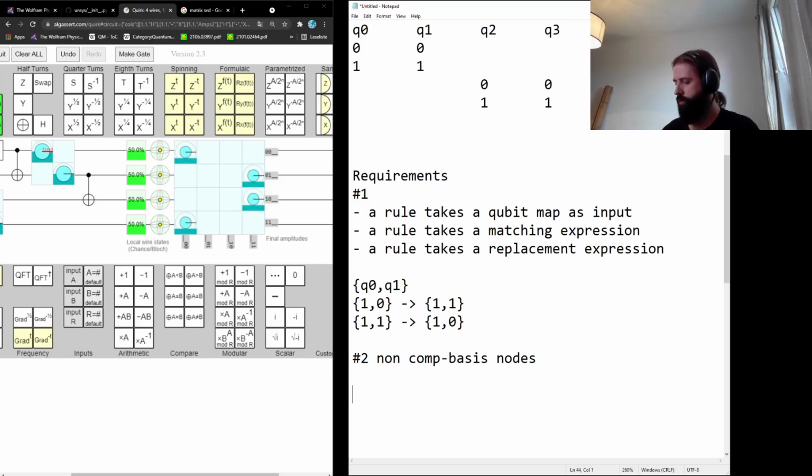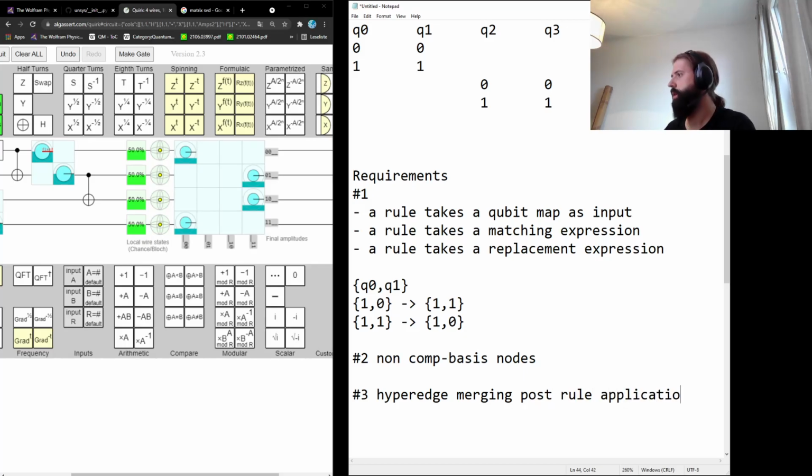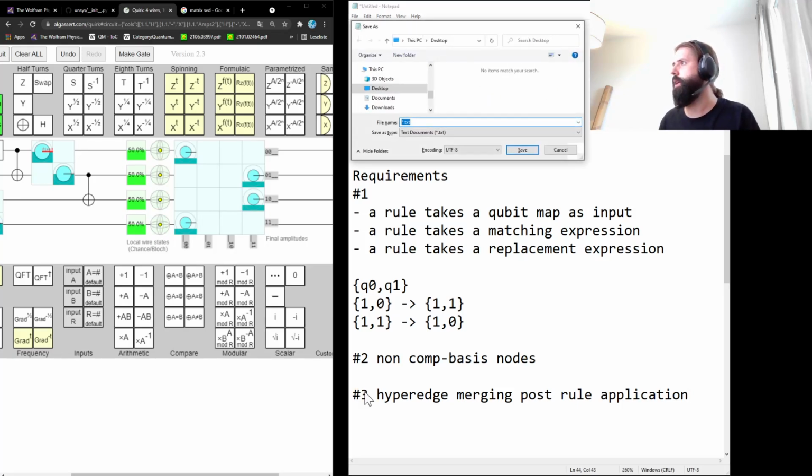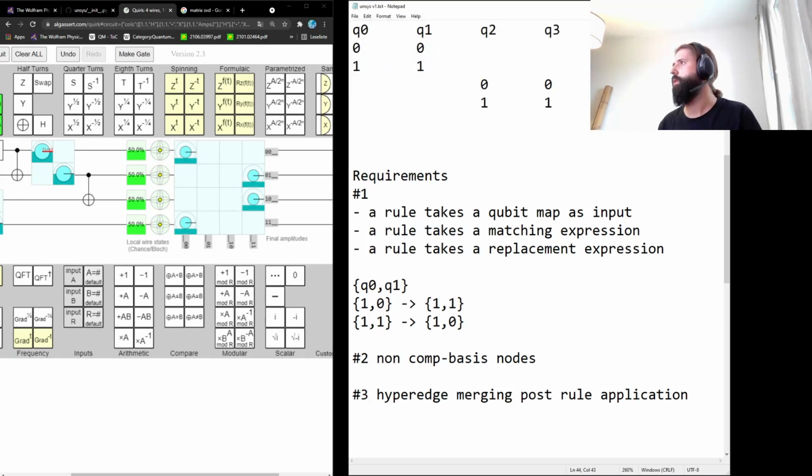And number three would be hyperedge merging or post rule. So after the match, you need to check whether hyperedges need to be merged, whatever that means. Like, I think, let me just do that. So unsys v1 will be